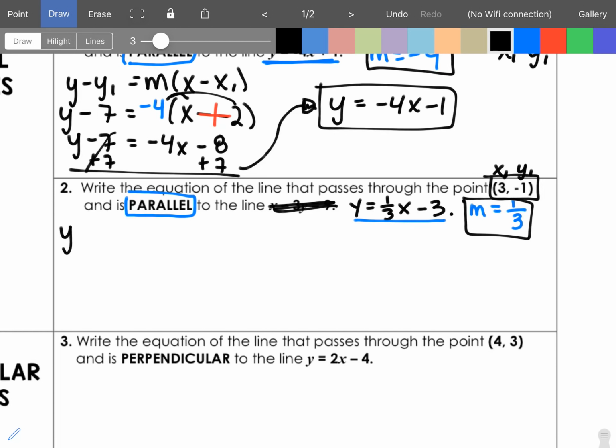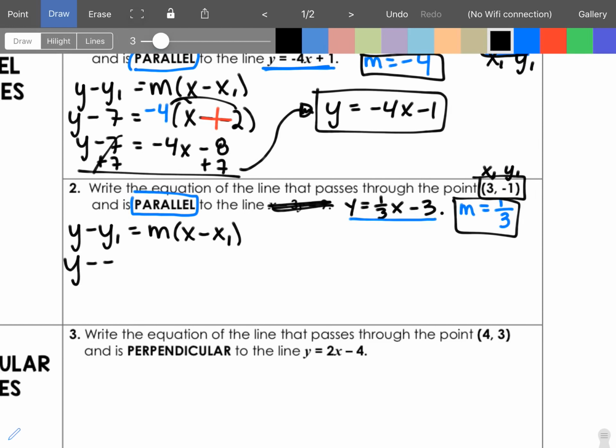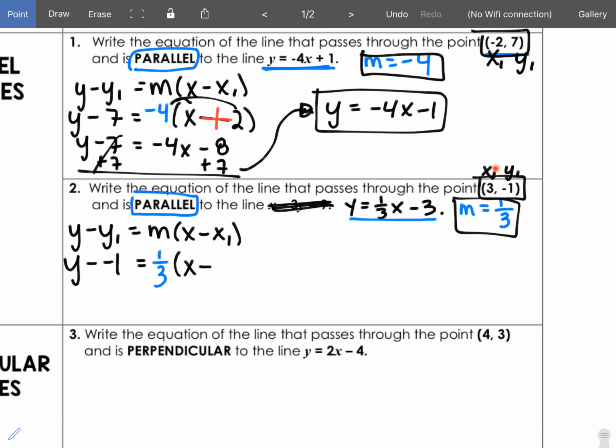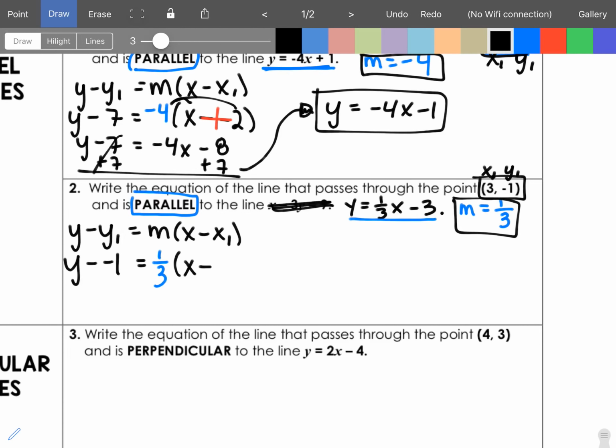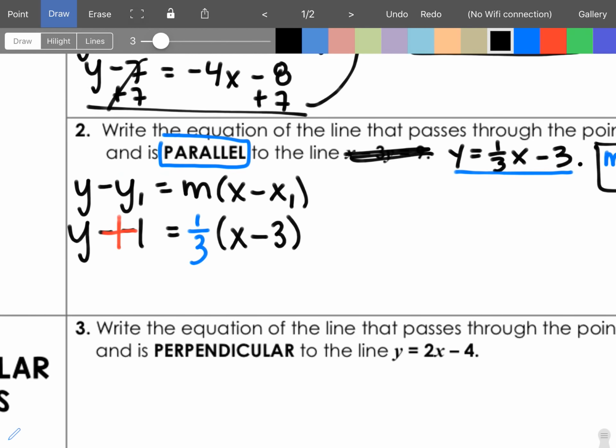Let's label that x1 and y1 if you need to, and then plug it into this form. Y minus y1 equals m times x minus x1. So we have y minus this point, -1, equals, my m is 1/3, times x minus, and my x1 point is 3, so x minus 3. Then we're going to look for two negatives next to each other. Y minus -1 is the same thing as y plus 1. And then we're going to distribute here. So we have y plus 1